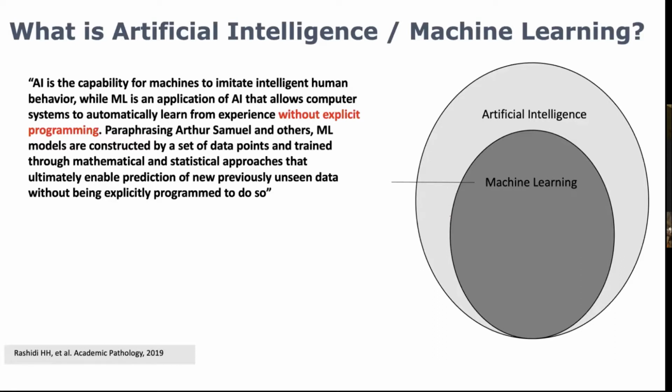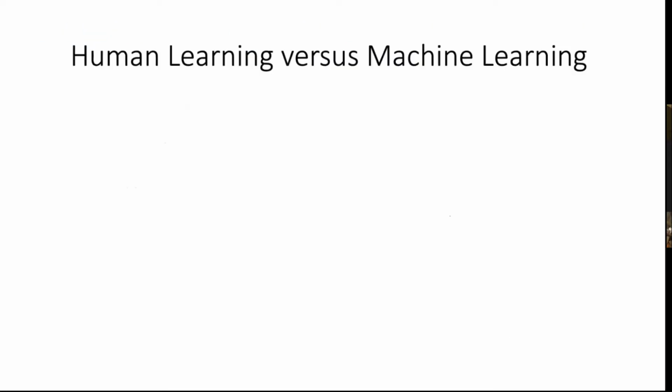That's semi-true, just to be fair, because reality is those of us who do this know that when we're building these things, there is programming involved. But the concept is that once you've made the programming and made the blueprint, the computer can actually do a lot of things automatically because of what it's learned. And there's a lot of similarity between machine learning and human learning.